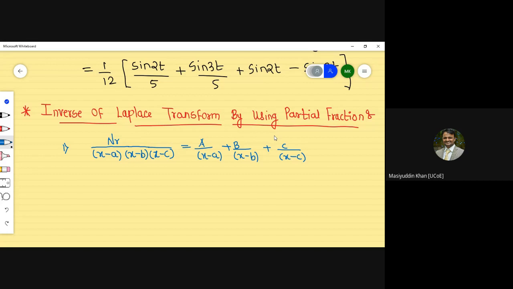So we have to compute the value of a, b, and c. So there are two methods for computing the value in partial fractions. The first is we have to substitute like, or we have to make these two things. Like if I have to calculate the value of a, just let me clear one thing. That is, if I have to calculate the value of a, that time you have to just fix in your mind